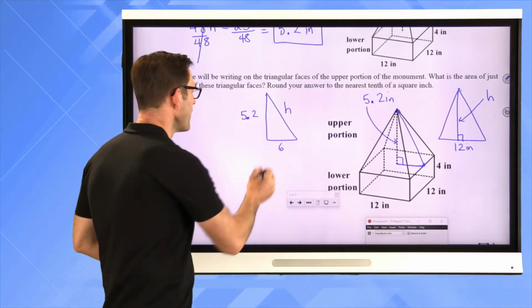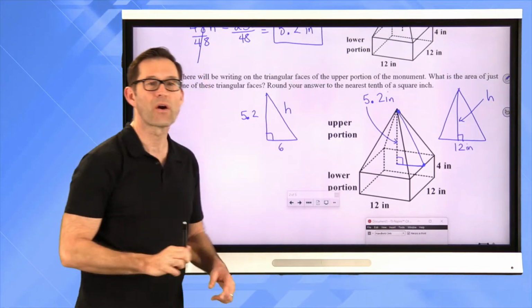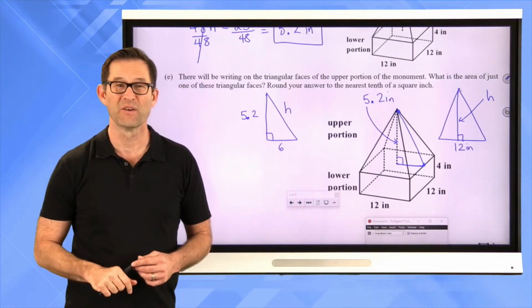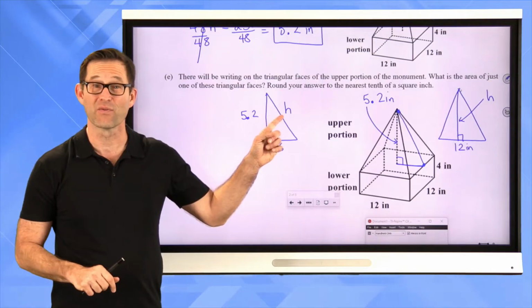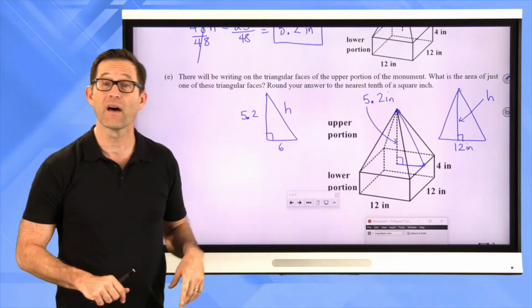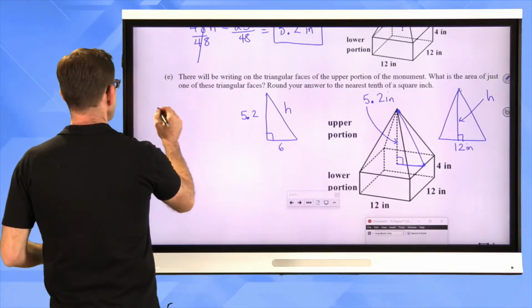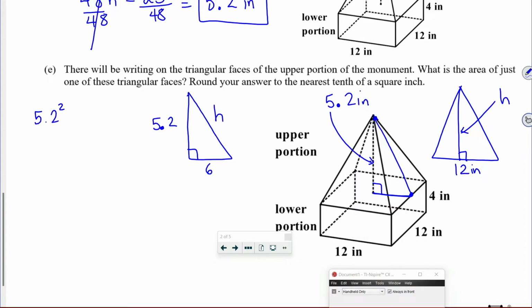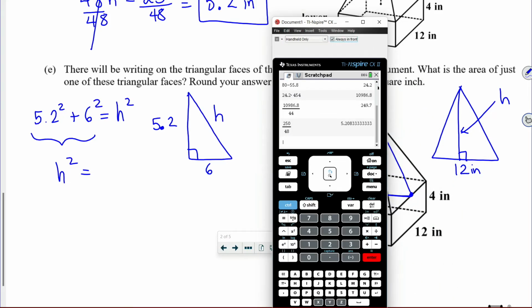Now, how do I figure that height out? Well, that's where our friend the Pythagorean theorem comes in. And specifically, the interesting thing is that side is the hypotenuse. So I'm going to say 5.2 squared plus 6 squared is equal to h squared. Now I'm going to figure this all out on my calculator. Normally I'd figure out what they are individually, but there's really no reason to do that. I'm going to do 5.2 squared plus 6 squared. That's going to give me